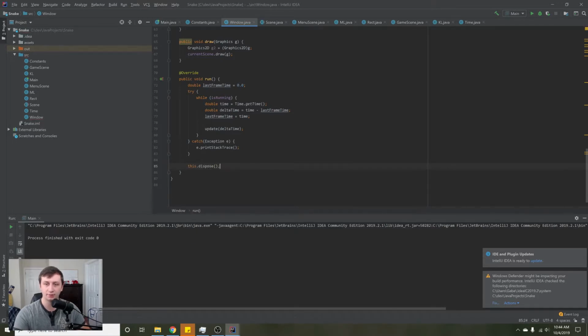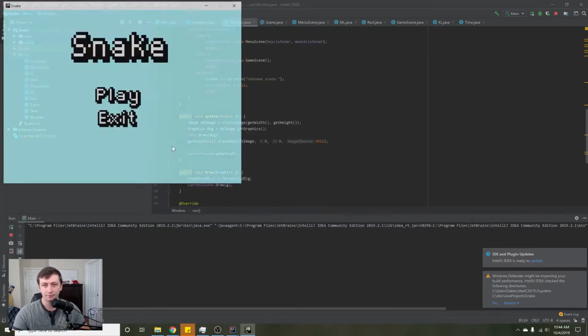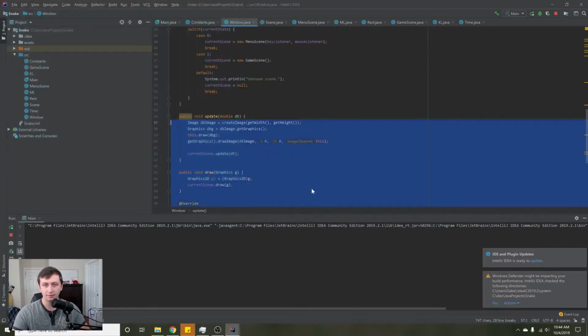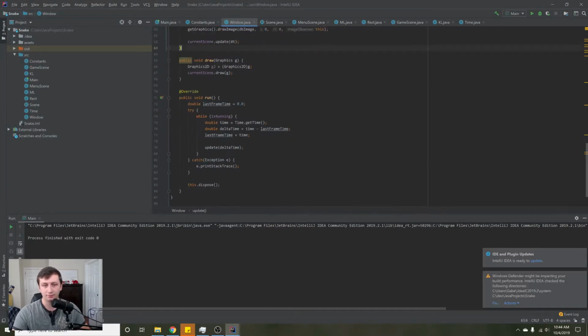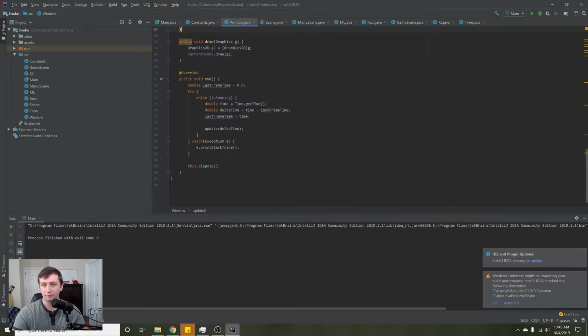And that will actually dispose of the window and close everything down, clean everything up, and we should be good. So if we run this, we should get this, and then if we hit exit, it closes the window, which is perfect. It's exactly what we want, and it's a little bit easier because you see if we had left everything static, then this would have had to become a static method, and then these would have all had to